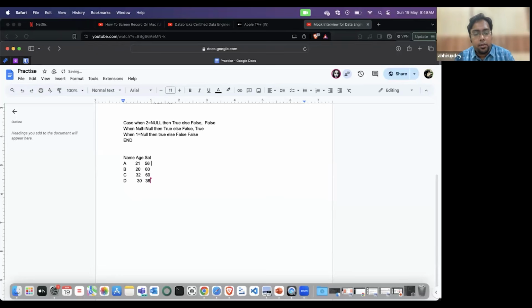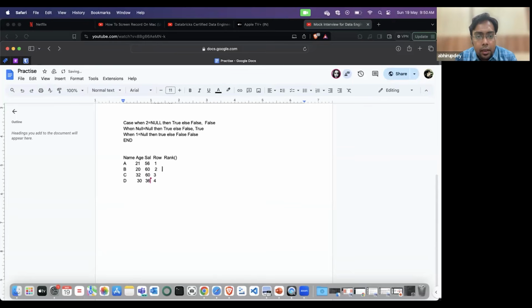First of all, row number will be 1, 2, 3, 4. It will assign a row number based on the order you give. And then comes rank. Let's assume we are giving a rank based on salary.